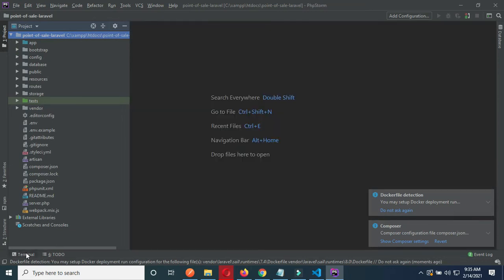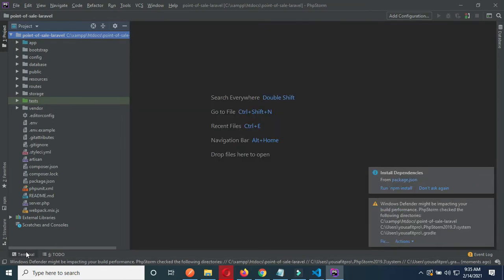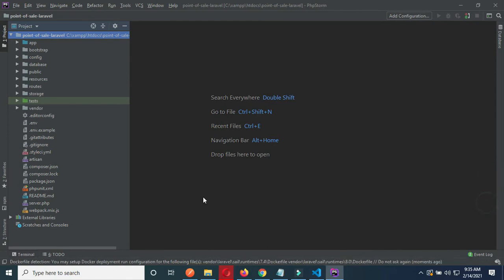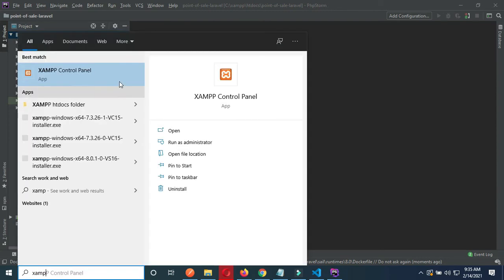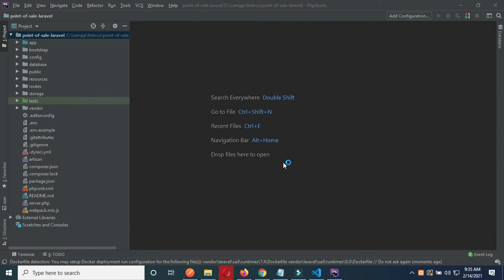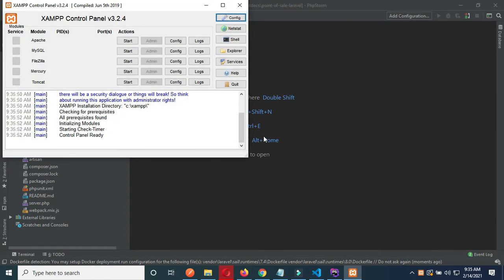So next thing is that I have to connect this project to my database. We have installed the XAMPP server. I will simply open the XAMPP and start the services.